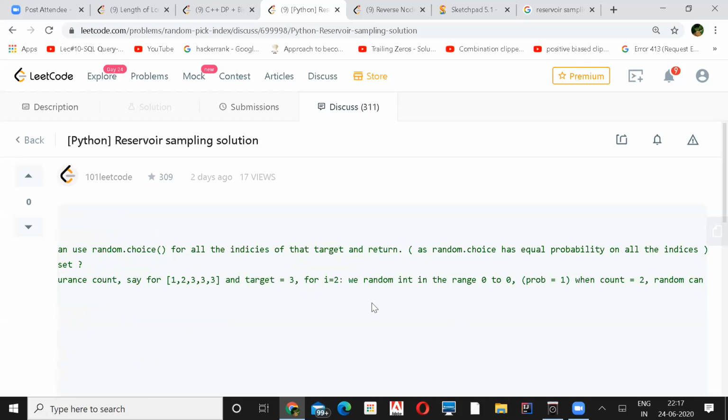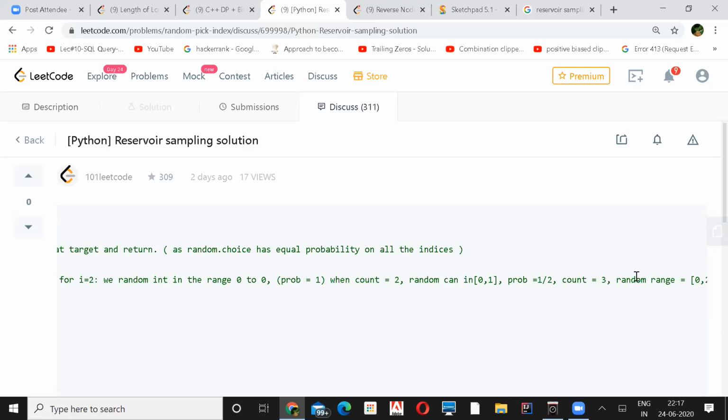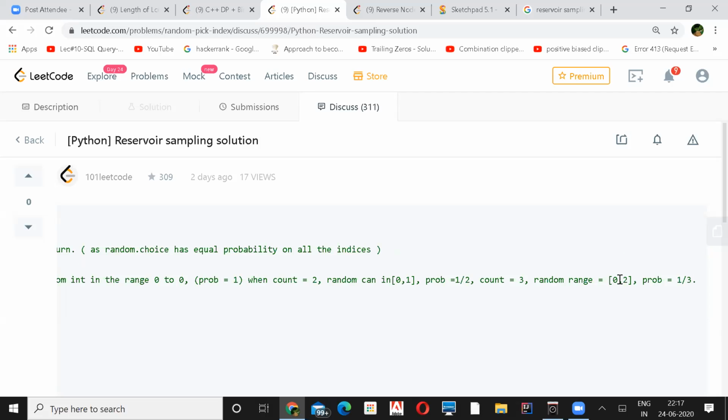So for target 3 at index 2, it is 0 to 0, so the probability is 100%. With probability 1 they are picking. When they are hitting this, they are generating a random number from 0 to 1. So it will be 1 by 2, 50% this, 50% this. And when you are at the third 3, it will be 1 by 3, 1 by 3, 1 by 3. So the probability is 1 by 3.